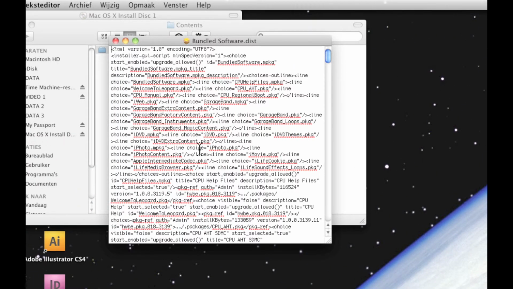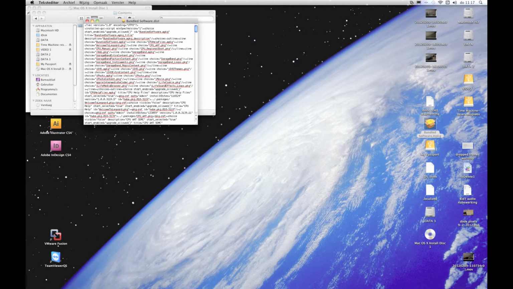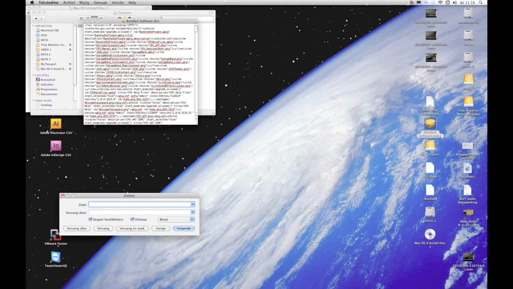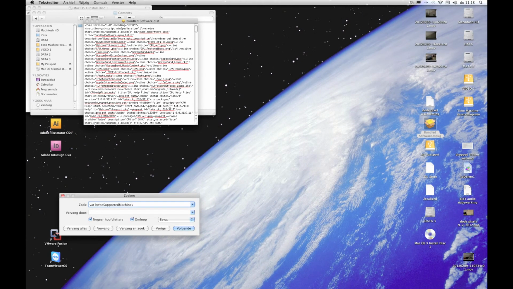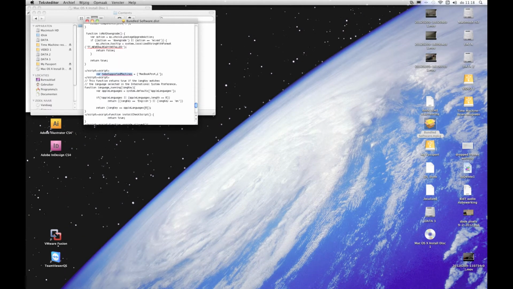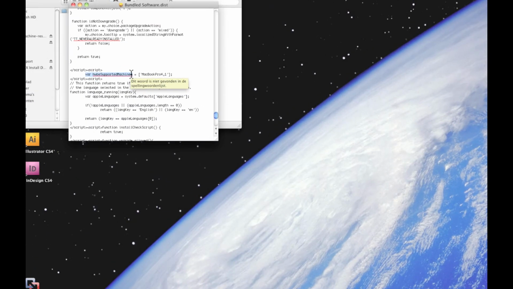Okay. We need to look for a variable here, and I'm just going to scroll out and show you how to do that with find. So I do a Command F. Okay, here we are. So zooming into the finder, and we have to fill in here var HWBE supported machines. When we hit enter, we're going to see that it finds that certain text in the file,